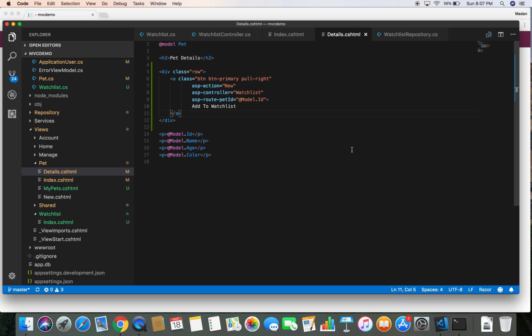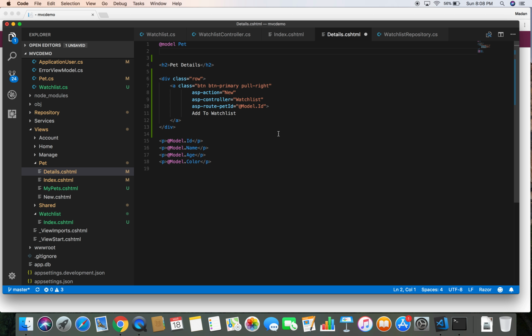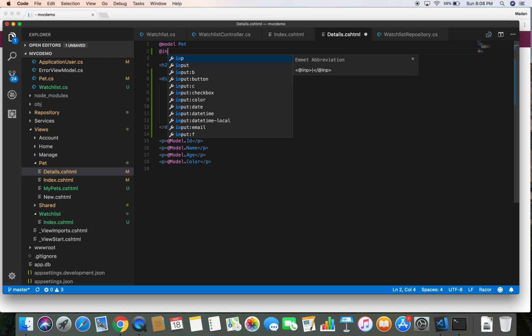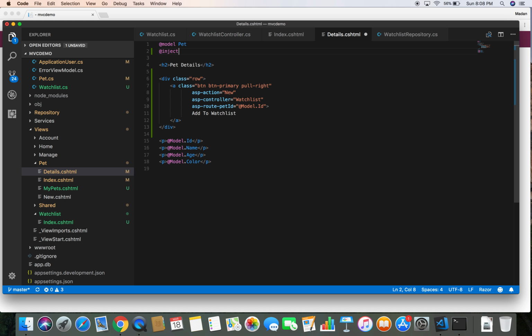So let's head over to our details view, and to hide this button we need to do a couple of things here. So first we need to bring in the sign in manager, so at the rate, and we need to inject that into here. So we use the inject keyword just like that, inject SignInManager ApplicationUser